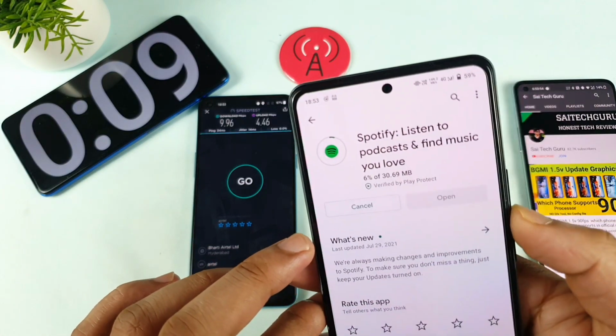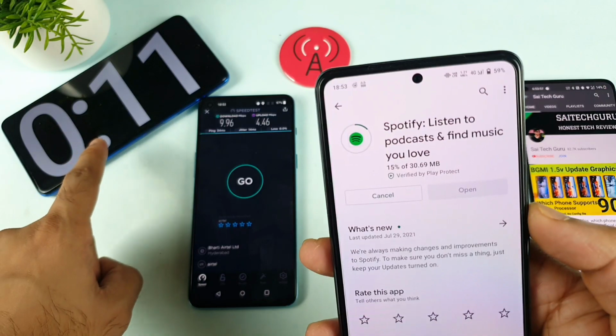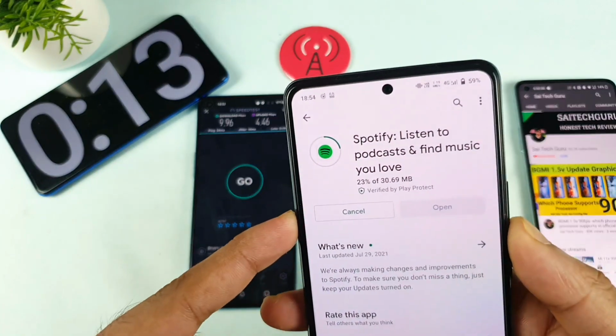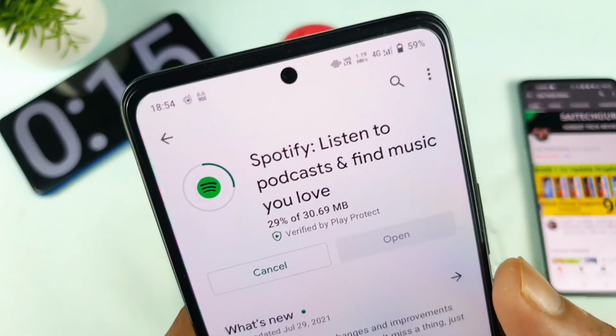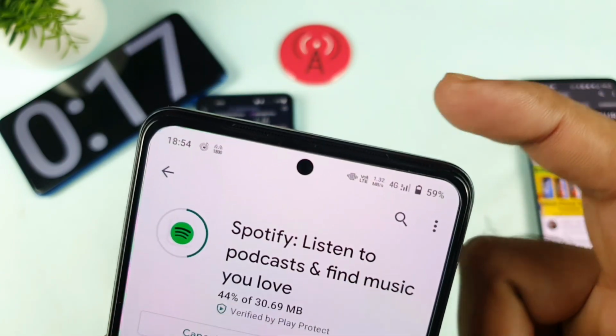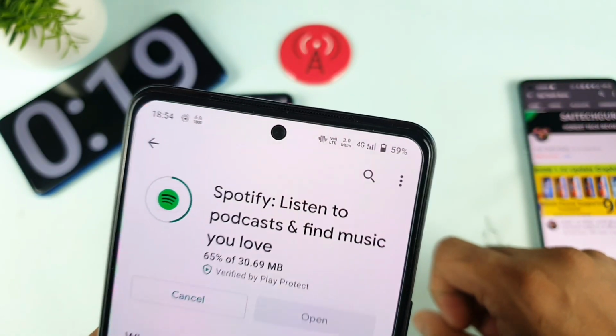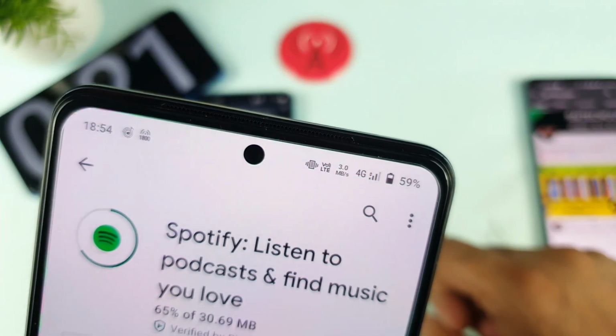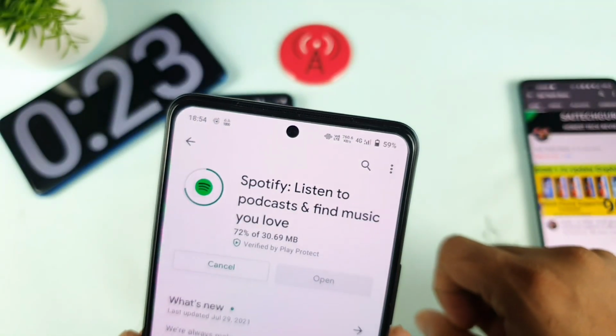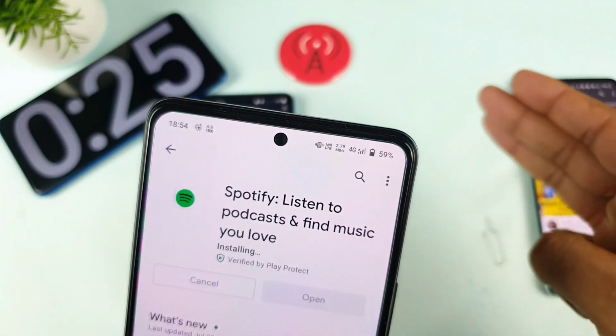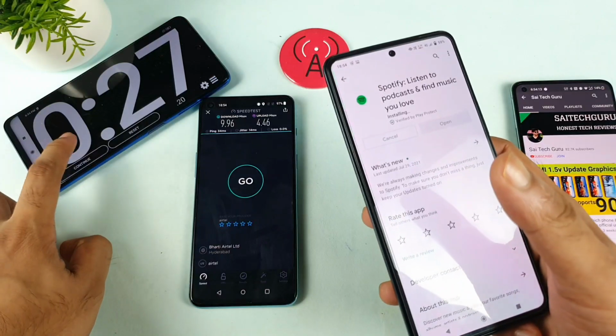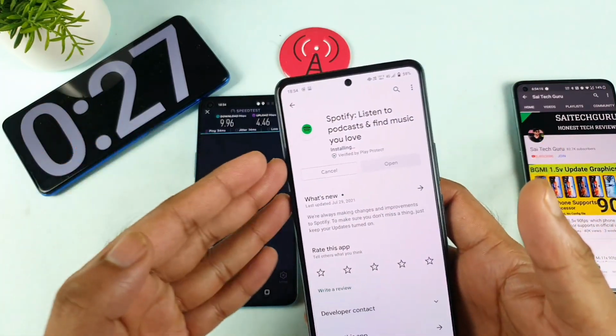It's pending and it started. So after 8 seconds of time, the installation has started. You can definitely see that, and the download speeds of close to 1.3 Mbps. Oh my god, 3 Mbps speeds I'm getting. 3 Mbps speeds, not 1.3, friends. Finished. Wow, in 25 seconds it's finished.